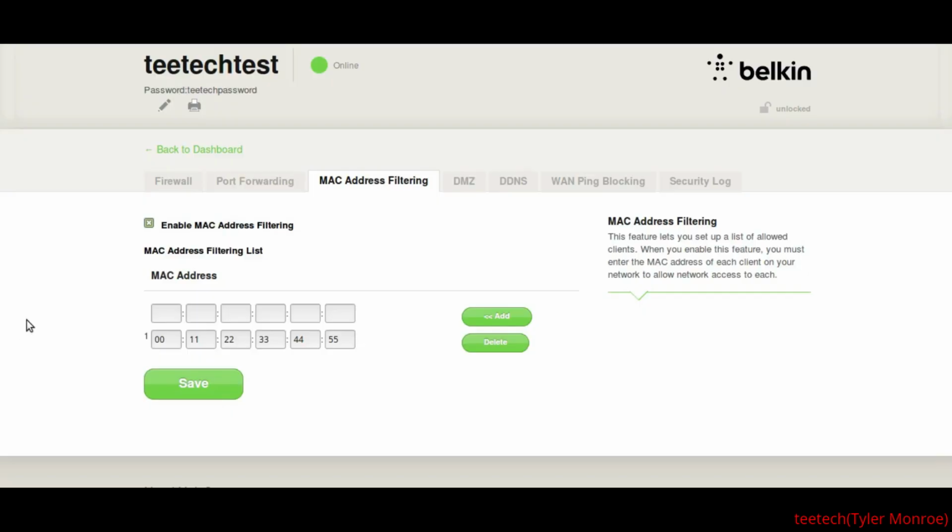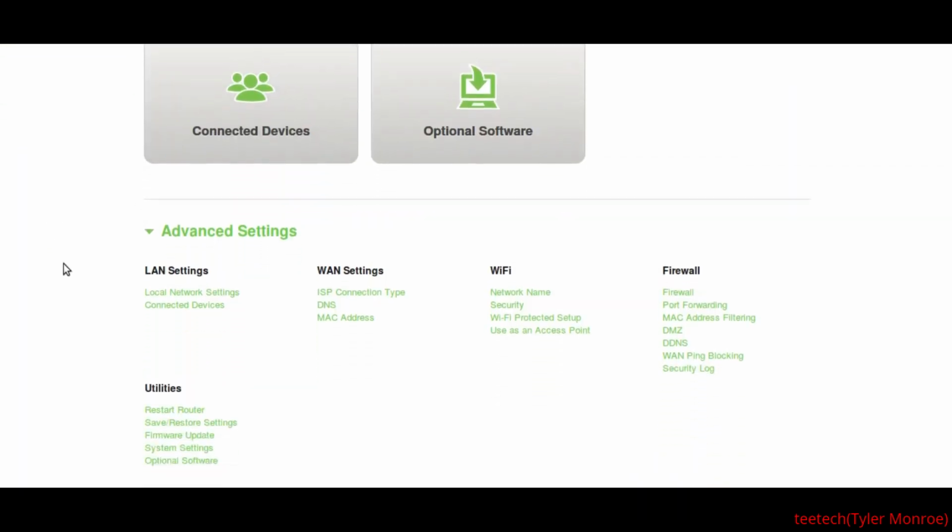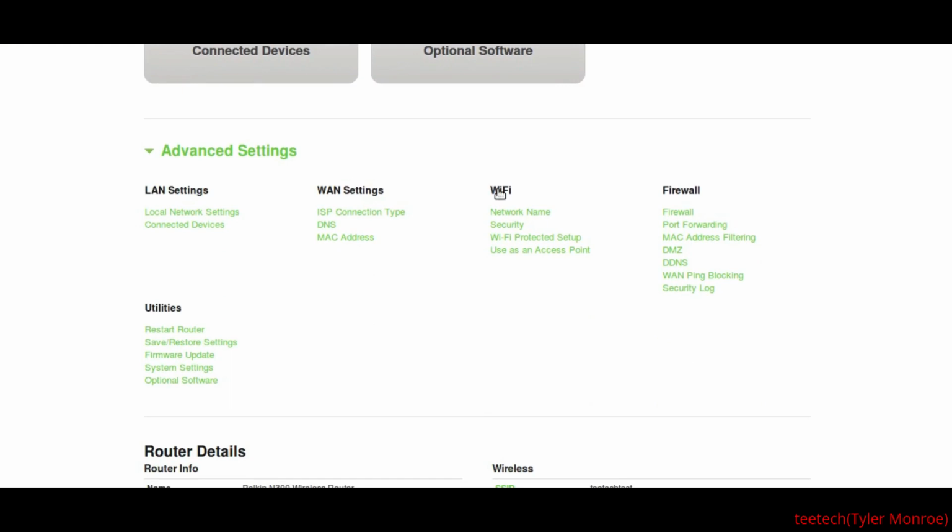All right, so that is how we successfully implement MAC address filtering. And remember, that is limiting what computer has access to the network. So what computers can use our internet. From there, the last thing I want to show you guys is we want to go back to the dashboard. And under Wi-Fi, network name,